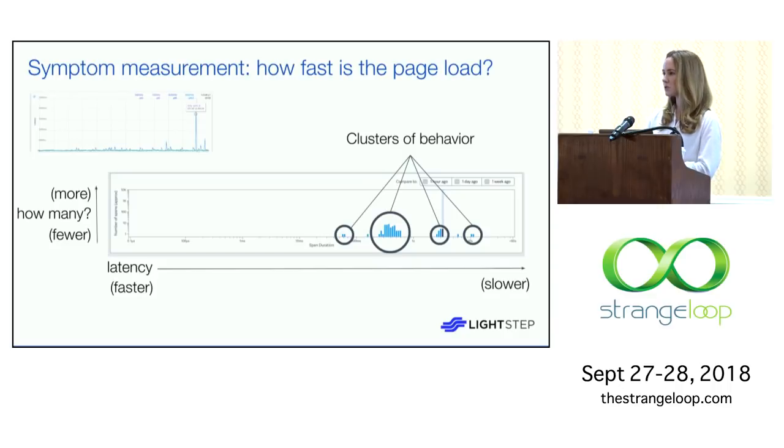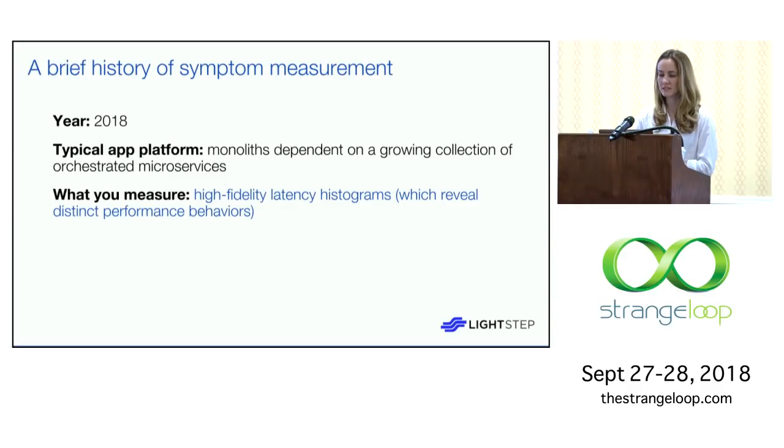But there are these two slower clusters around a couple of seconds and a couple of tens of seconds, and those really are a problem and are things that I should look into. And you can get much more here from looking at the histogram than you could get by just looking at that time series. So with current systems, these high-fidelity latency histograms are important to measure because they reveal these distinct